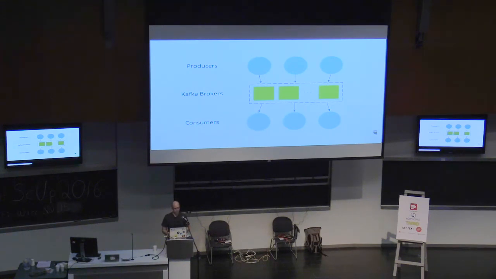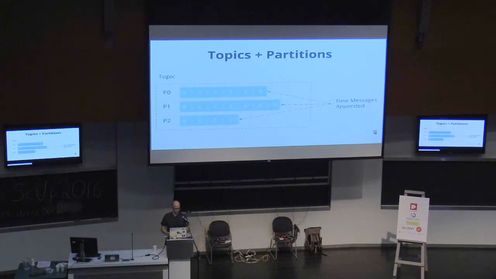At a high level, a Kafka cluster maintains feeds of messages called topics. The entities that send messages are called producers. The entities that read the messages are called consumers. Pretty simple. The topics are a logical grouping of one or more individual commit logs, which are called partitions. And each partition is an ordered, immutable sequence of messages. This means that if a topic has many partitions, there's not a total order of messages in it. It's only per partition. And messages are continually appended to the log.